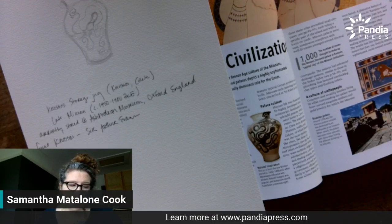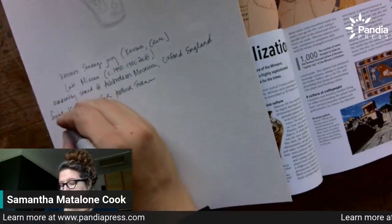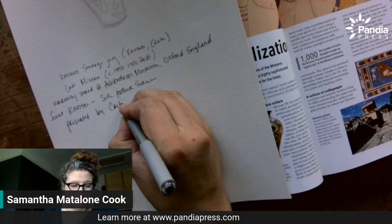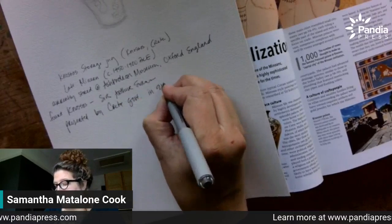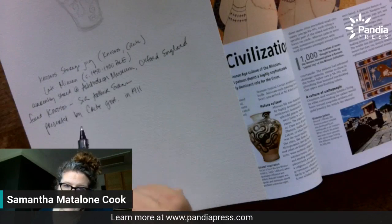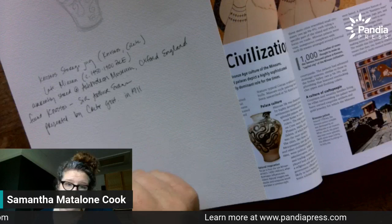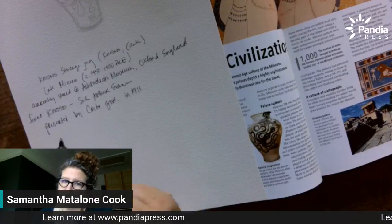So it was excavated, but then it was presented. So this is important information. It was presented by the government of Crete in 1911 to the Ashmolean, where Sir Arthur Evans, I think, was like the chairman or something during this time. So that makes sense, right, that there would be this relationship. So it was not taken by him. It was presented by the Cretan government,